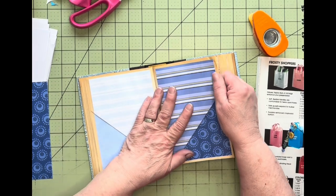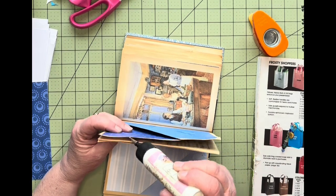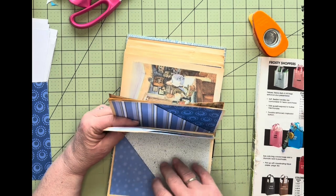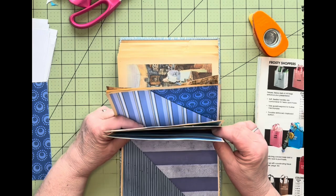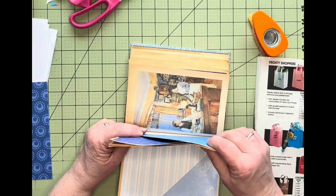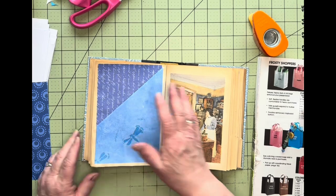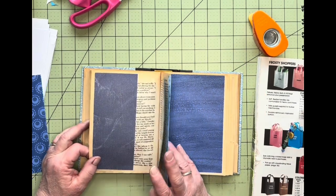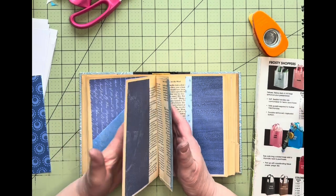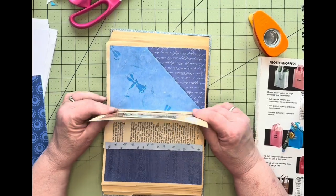Make sure none of the other ones came off. That one seems to have come off. They shifted a little bit. I think those are okay. Yeah, I think it was just those few in the middle here. Getting a little cranky. Okay, you're gonna go here. Yeah, I think it's just the middle pages probably get a little cranky